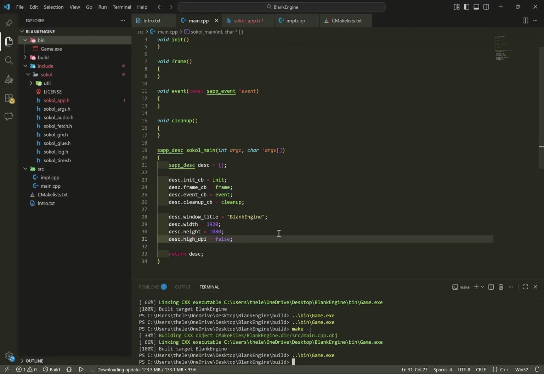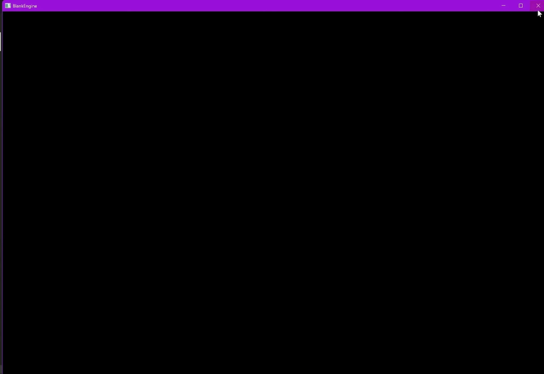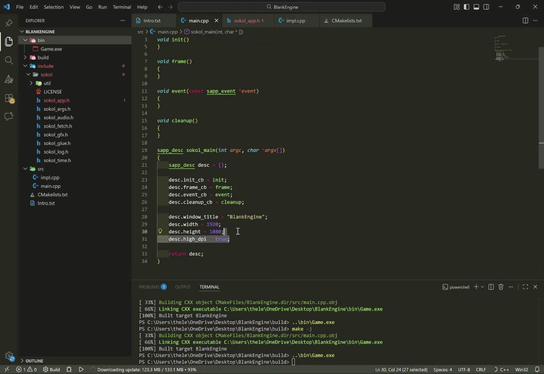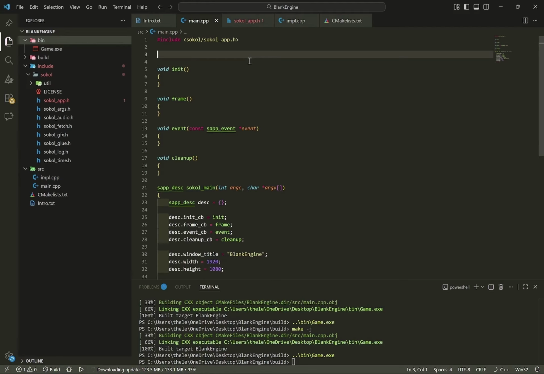That doesn't work, and I've tried setting it to true, which still doesn't fix it. So I think it's just a bug we have to work around. But I found a way to work around it, which is just to use the Windows header and detect the window scaling of cells and scale the pixels according to that. So we'll do a hashtag if define